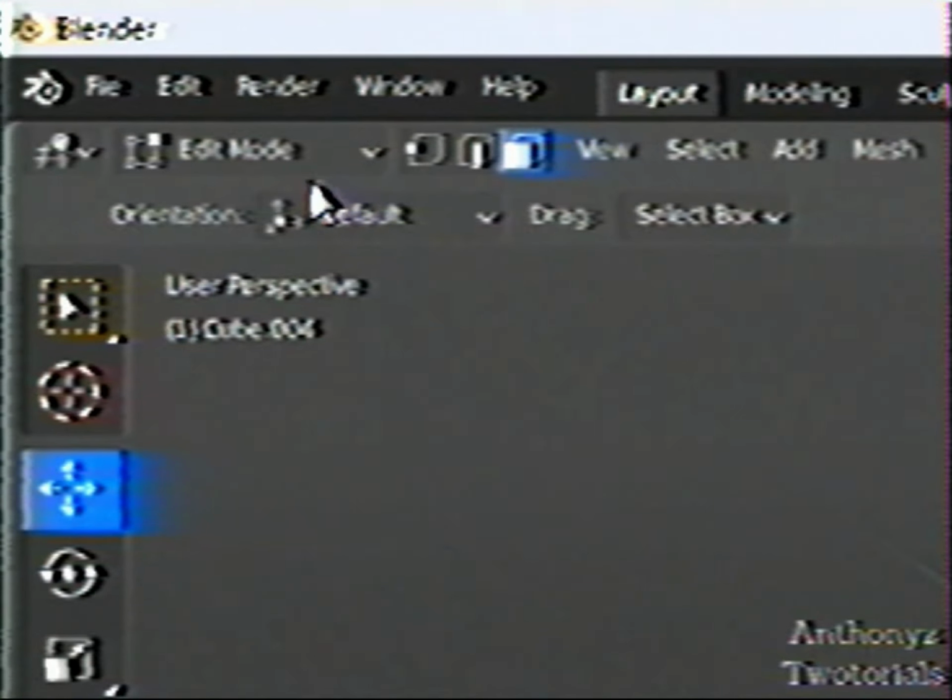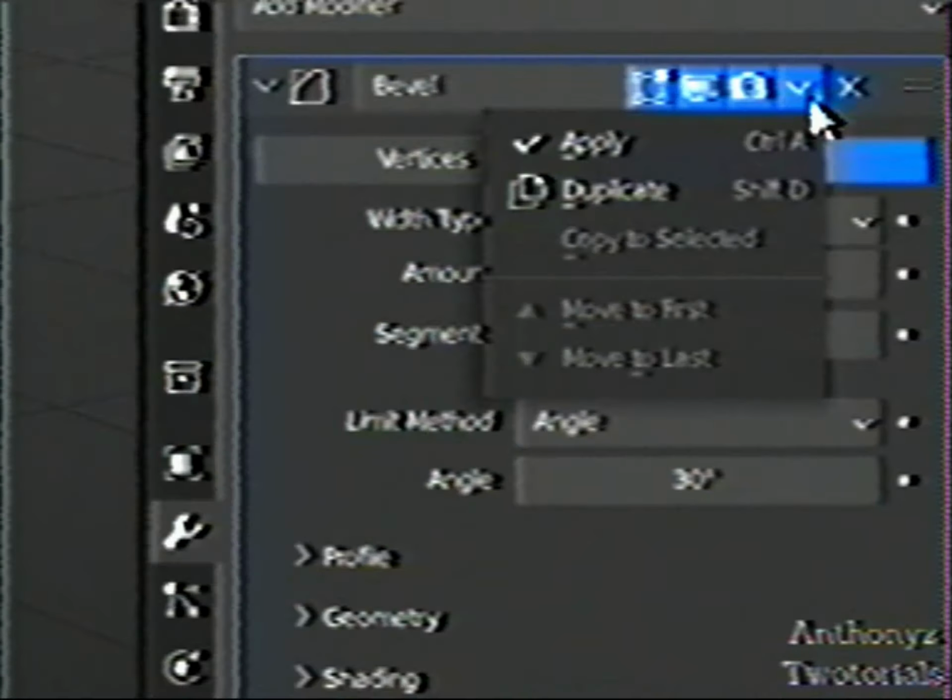add modifier, add bevel. Oh, and don't forget, you could size it, or you could just go to edit mode, select one of the sides, and just go like that. And then you could do 2 segments. I'm gonna do 2, and then go back to object mode, go apply, and then when you're done with that,